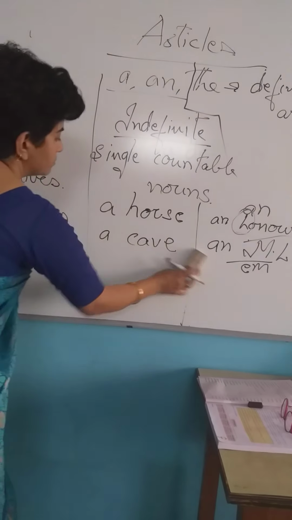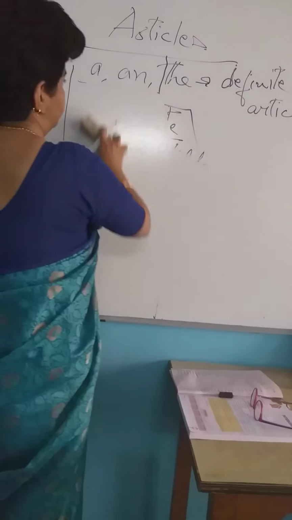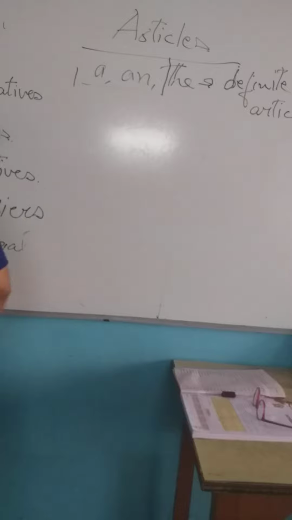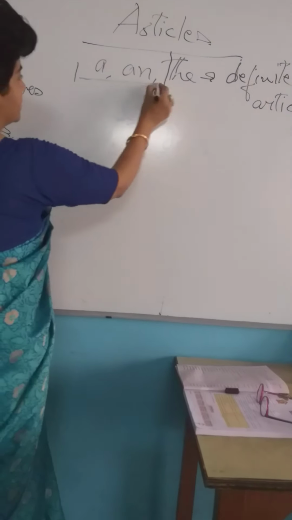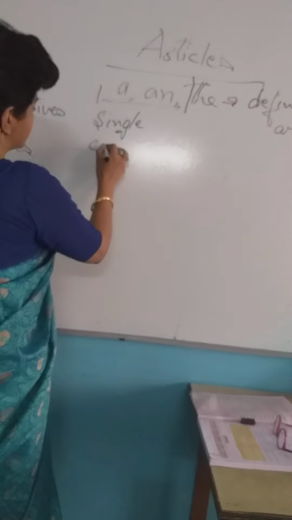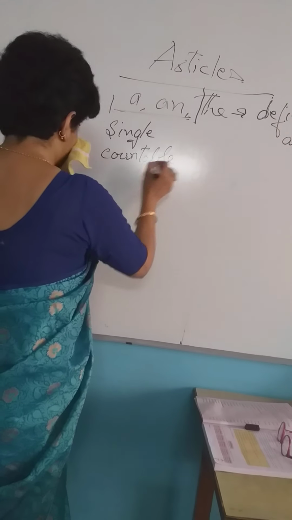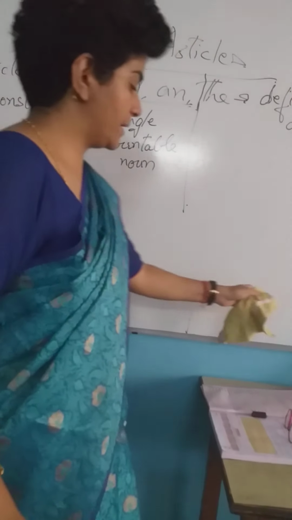Okay, I'll talk more about "the". When I talk about "a", they were single countable nouns. I'll write it again so that it is easy for you to revise it this way. Then I come to the definite article. Here I write